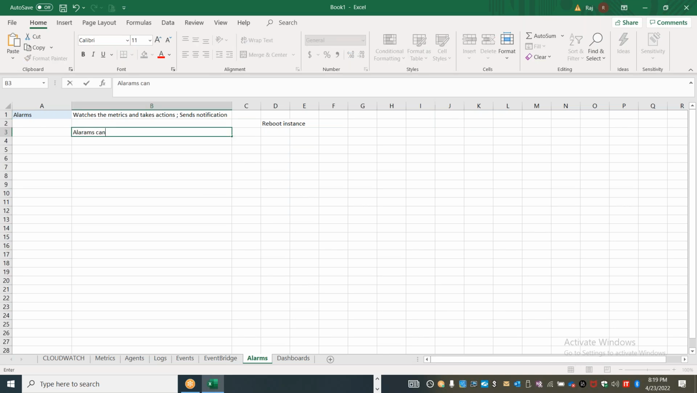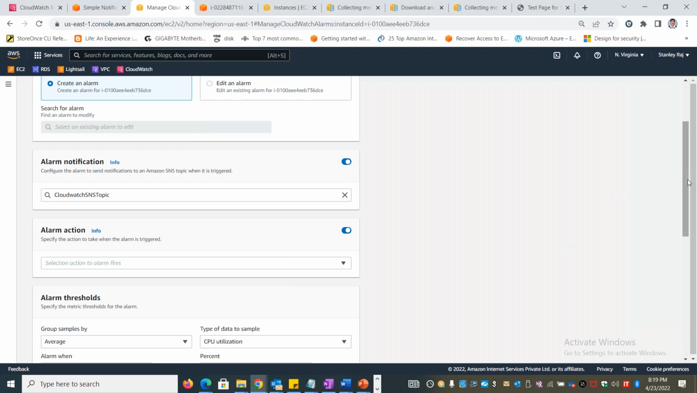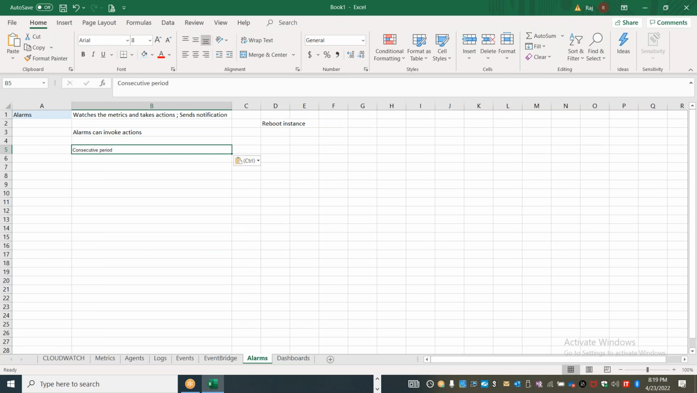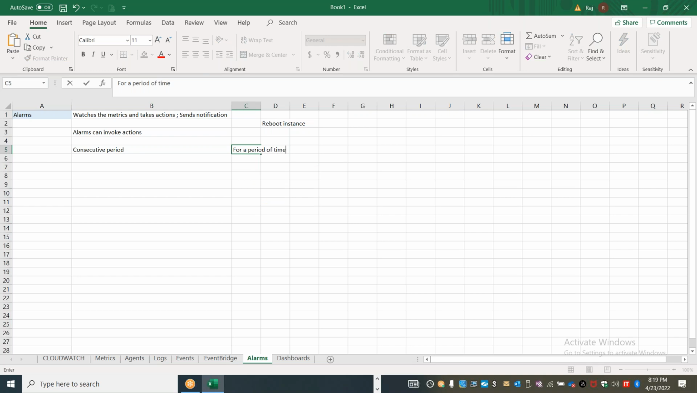Alarms can invoke actions, and it has to be for a sustained period of time. Okay, it is not going to be immediate. For example, if the condition is there for a consecutive 1 minute or consecutive 5 minutes, so it has to be for a consecutive period. It should not take actions immediately. It needs to be for a period of time. If your application is very critical, you can configure as minimum as 1 minute. If your application is not very critical, you can configure it for 5 minutes or 10 minutes,